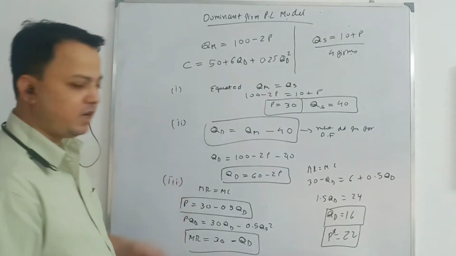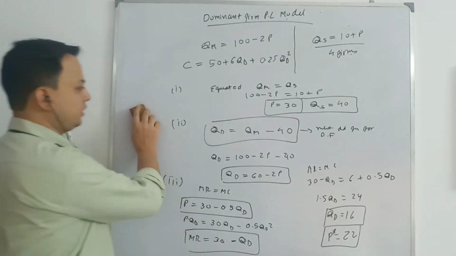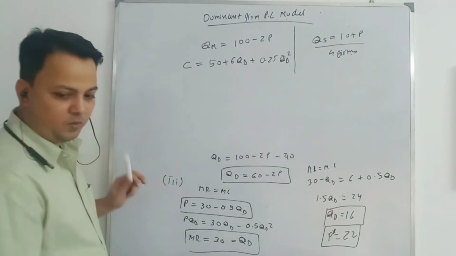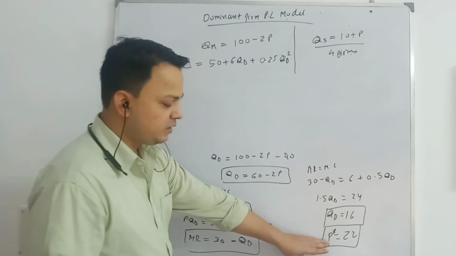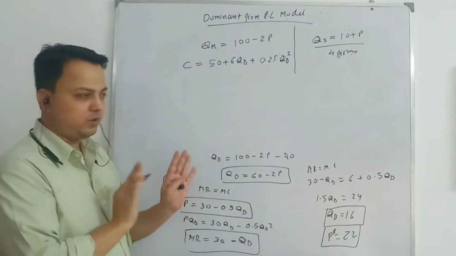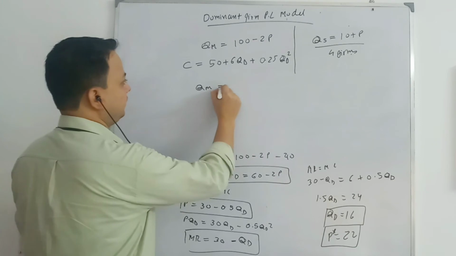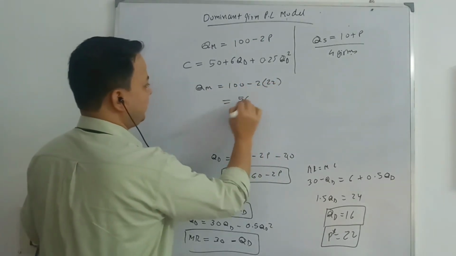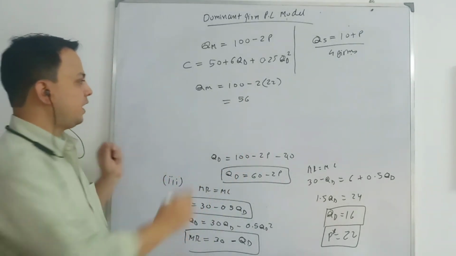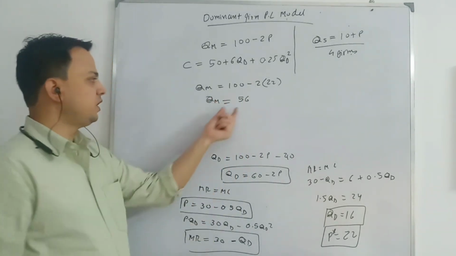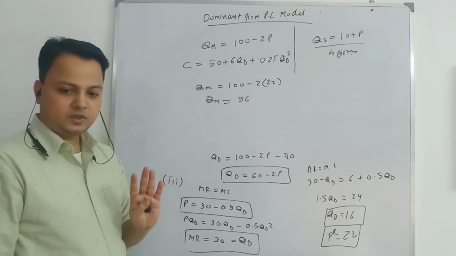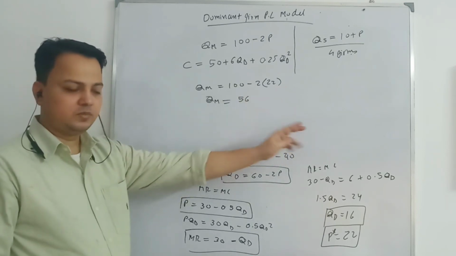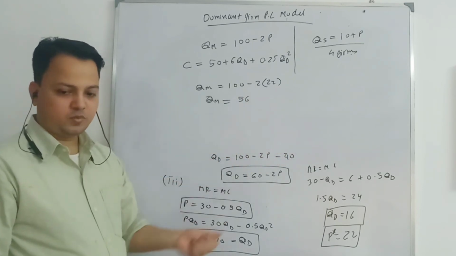And how much will be produced by our small firm? That we have to find out. Now we know what the price is. This price will be followed by the small firm also. So this is my market demand: 100 minus 2 times price of 22. The total is 56. Total market output in equilibrium must be 56, right? This includes the output of the dominant firm and the output of our small firm.